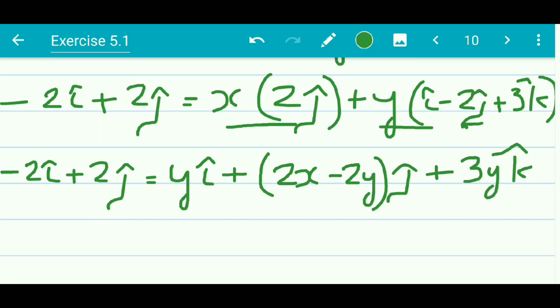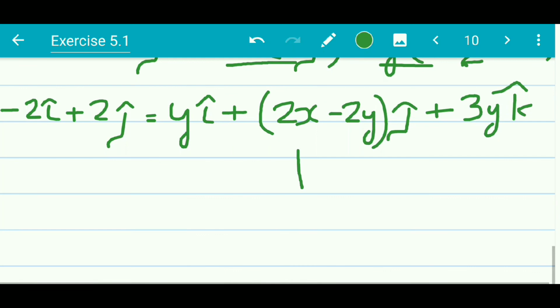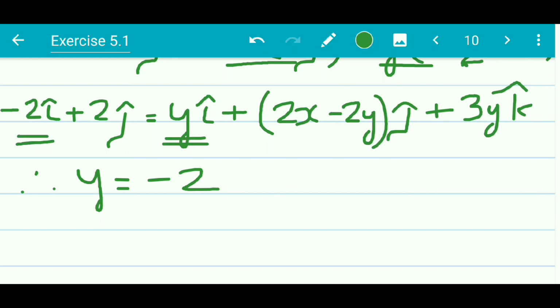This way. Now we equate both the sides. So that concept is written as by the equality of vectors. Okay, so we equate both the sides, LHS and RHS. On the LHS, whichever i terms are there, written this way. So therefore, see, y, that is y is equal to minus 2. This term y becomes minus 2 because both the terms on the LHS and RHS contain i. So y becomes minus 2.